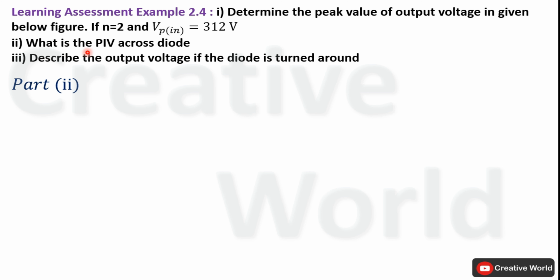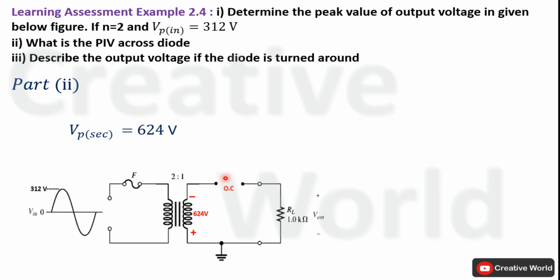In the second part, it is asked to calculate the peak inverse voltage across the diode. As the name indicates, peak inverse voltage is the maximum voltage that appears across a diode when it is in reverse bias mode. We know that an ideal diode in reverse biased mode acts as an open circuit. We are supposing this negative half cycle in which the diode will be reverse biased and act as an open circuit. During the negative cycle, voltage polarity across the transformer winding will be this.